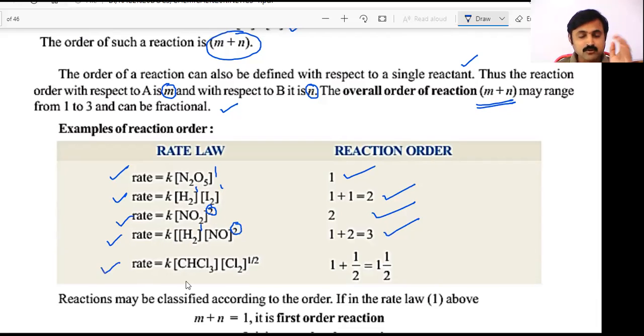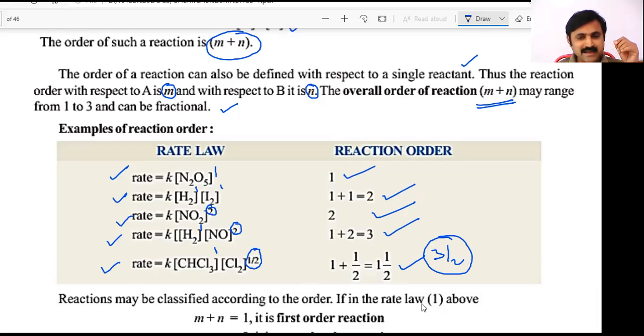And in the other equation we have methane, chloroform plus chlorine, that means the chloroform with chlorine reaction. The power of Cl2 is given as 1 by 2 and chloroform is 1. So what is the order of reaction? 3 by 2, or you can write it as 1 and a half, a mixed fraction. From this last example, the order may change, and it may be a fraction, it may be an integer between 1 to 3, or sometimes it may be 0 also. We will come to know that.